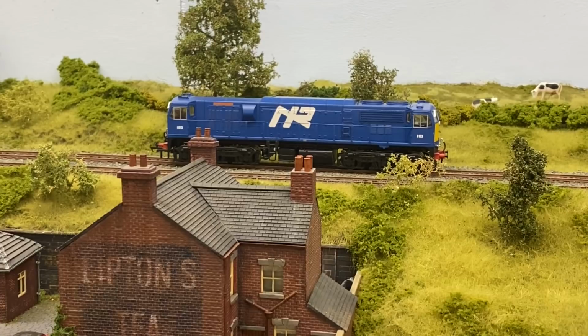Up until now, the plan was that this was probably going to run the likes of spoil wagons or maybe some sort of freight train, say the likes of the Guinness kegs. I'm not even sure if it would have pulled the kegs, but